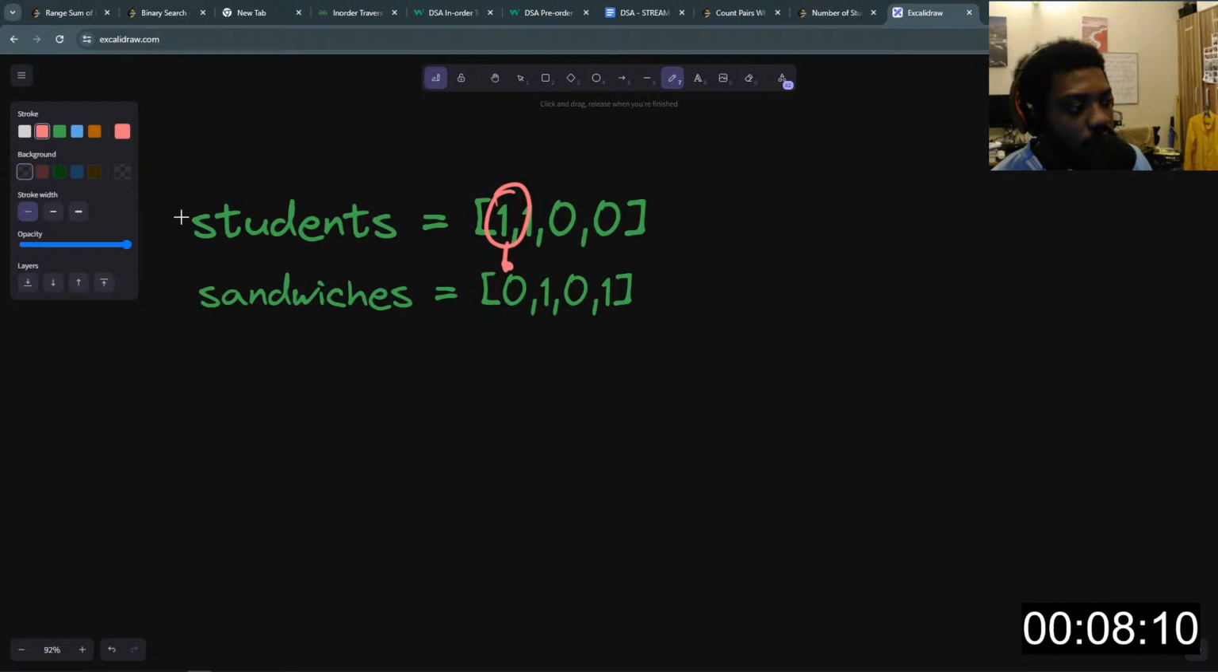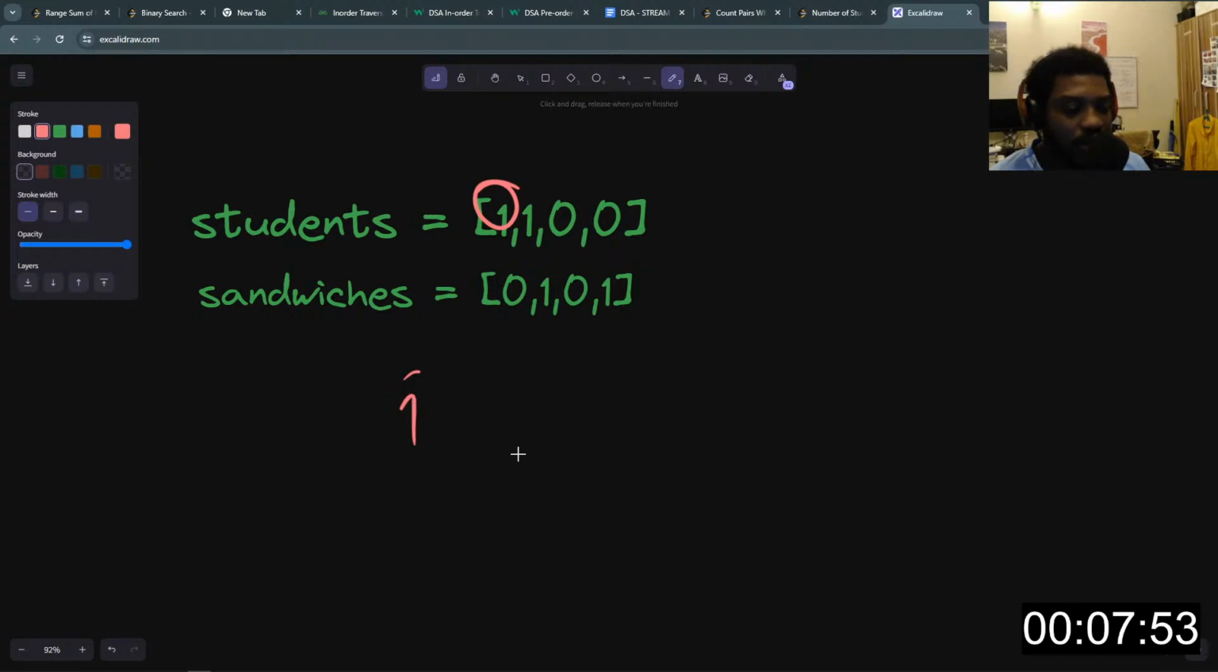Okay. So it's really a comparison of the preferred sandwich against what is available on top of the stack, right? So even though each student has their preferred sandwich in the sandwich stack, they can't directly pick it. Let's say this student here prefers a sandwich that is square. I think we have circular and square sandwiches, right? So the square sandwich is represented by 1, and